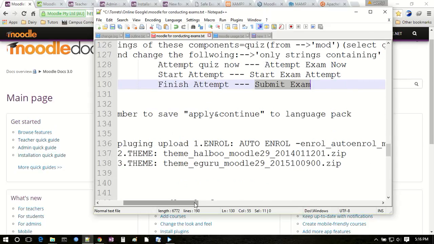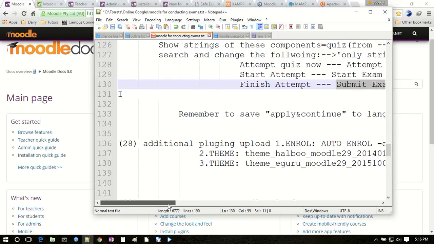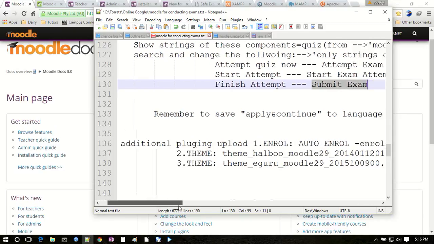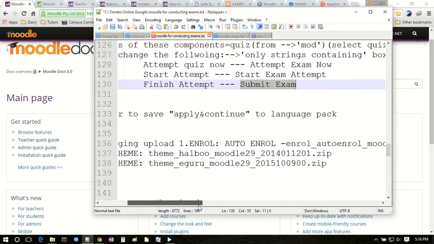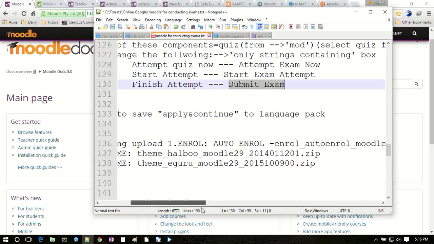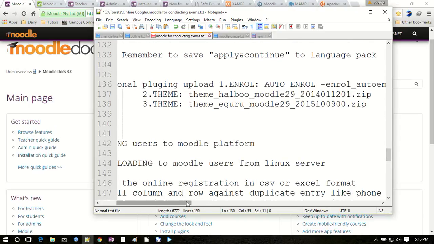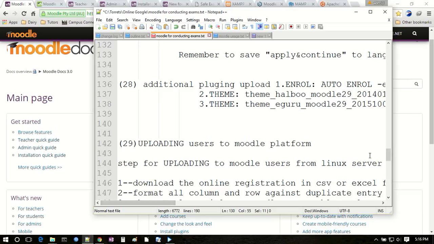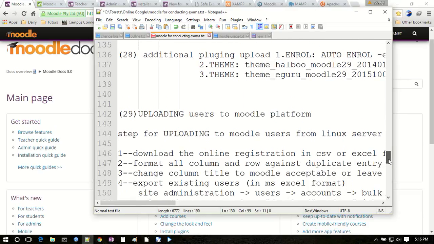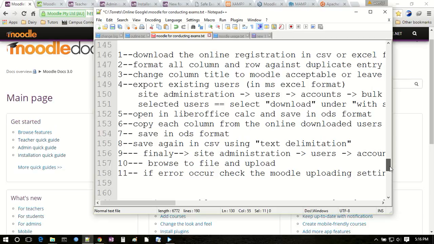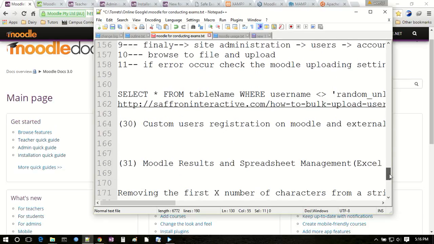Then we also have plugins like auto enroll, which will be very ideal for the exam purpose. We have themes that are very good for exam, like Abo and Guru. These are different themes we'll be taking a look at in the time to come. We also will be looking at uploading users to the Moodle platform, how to download and upload from online, convert using Excel, custom user